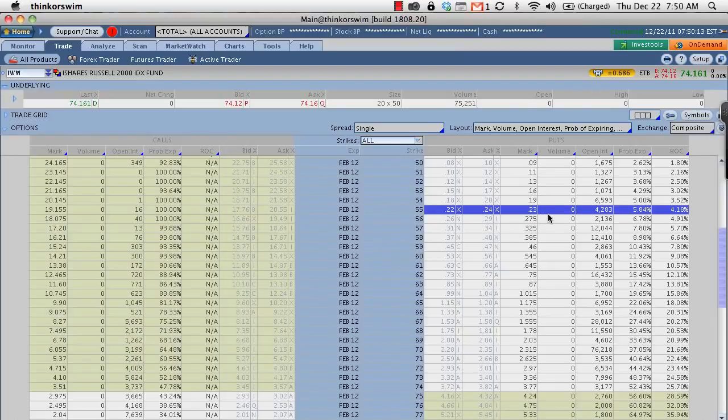So I like the 55 strike area. It's a fairly low premium, but it's got a good delta to Vega relationship. I like that. It's got some good volume, and it's not too far out of the money. So again, a major market move. These premiums are going to probably go up to around 100, 120 if we get a move down pretty substantially